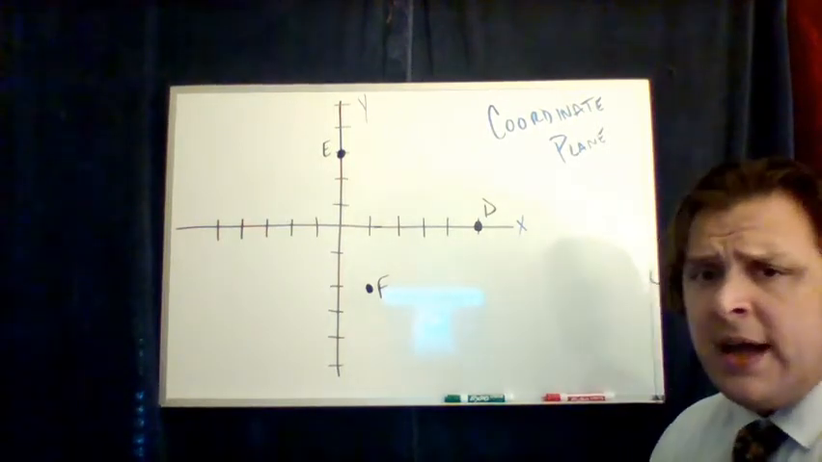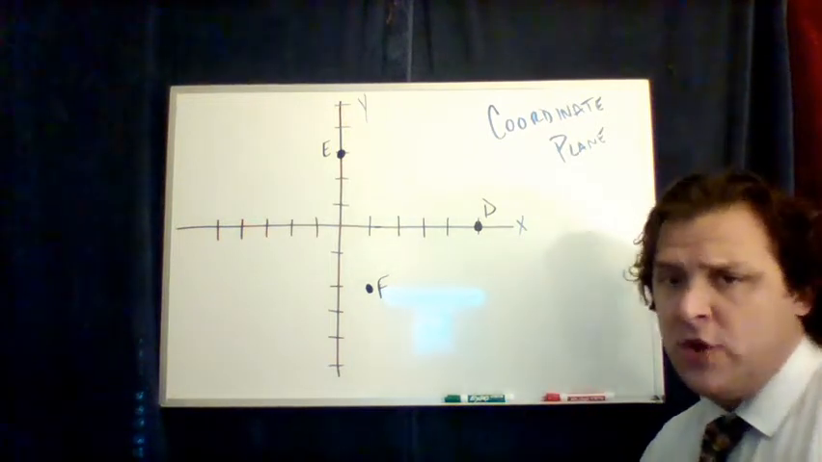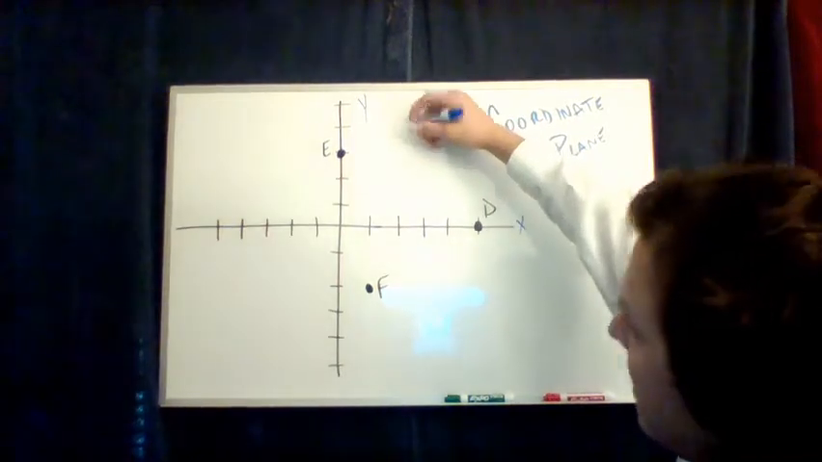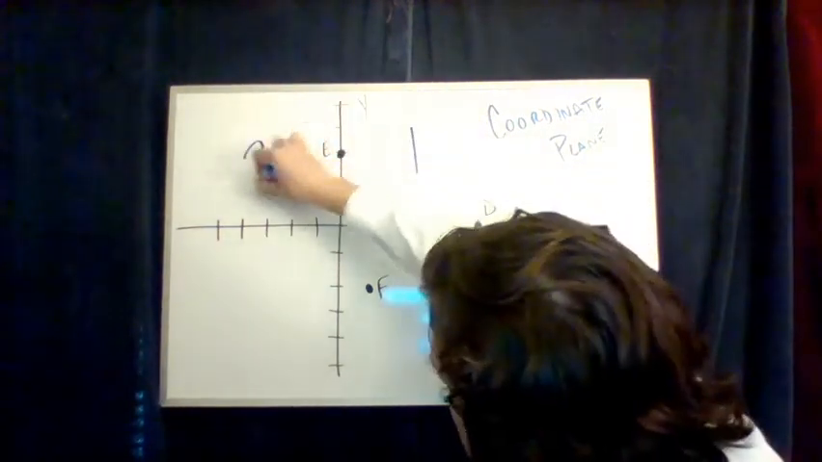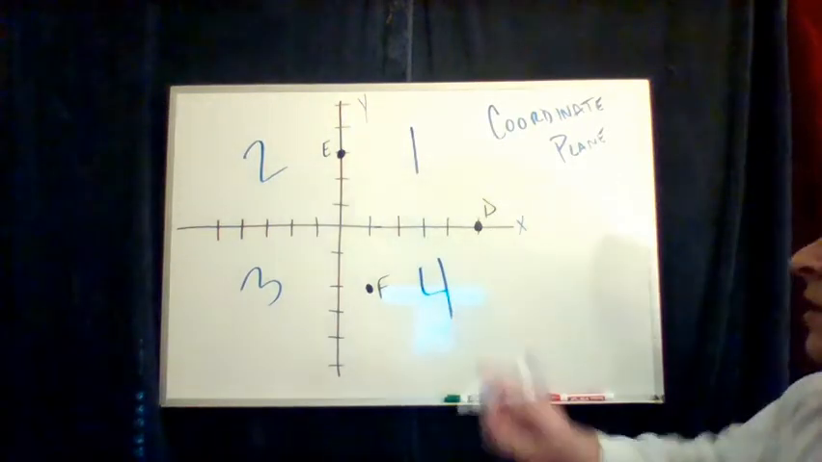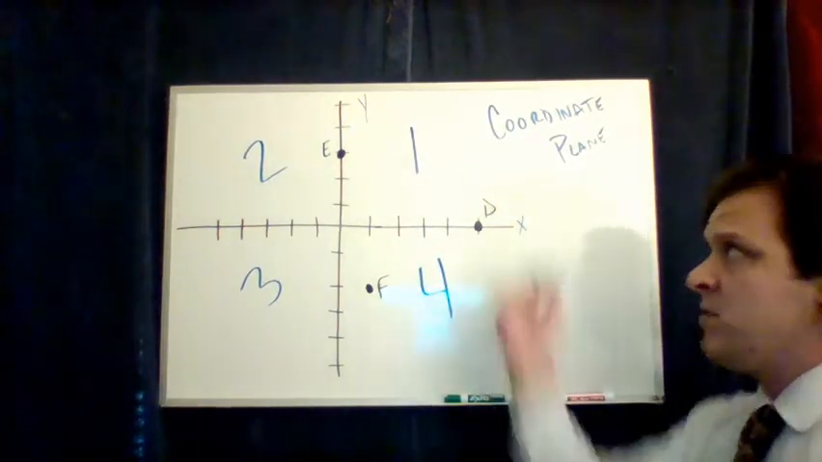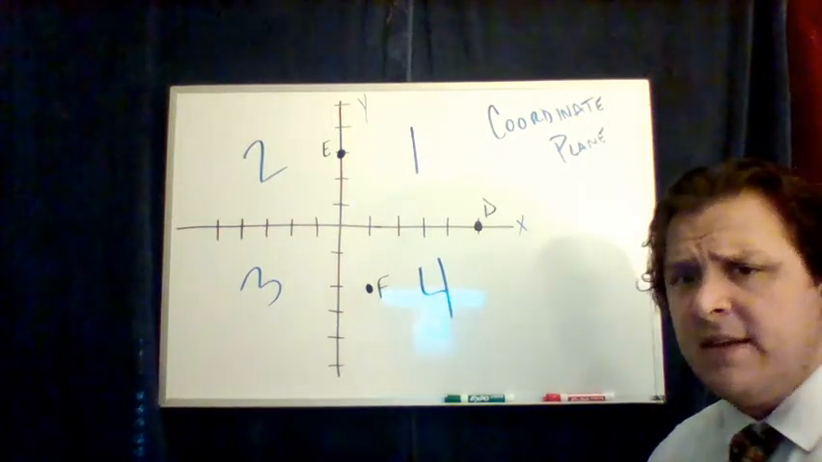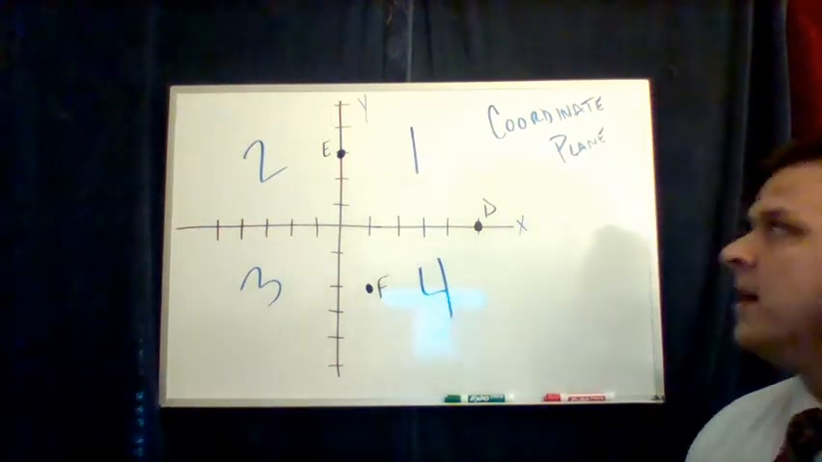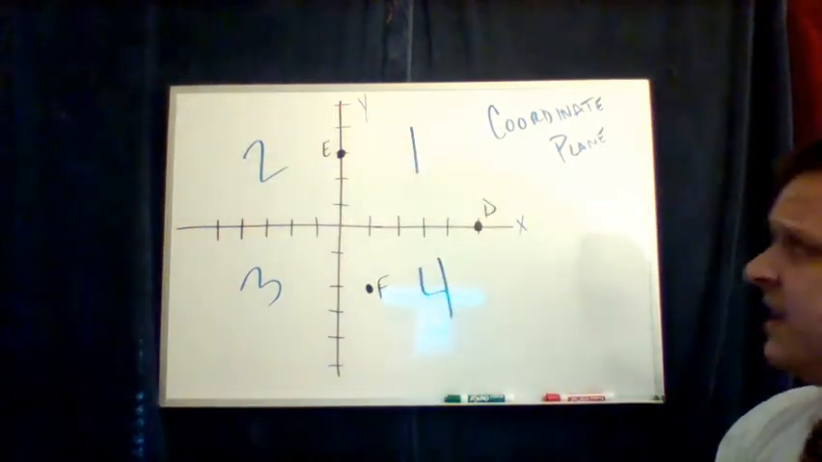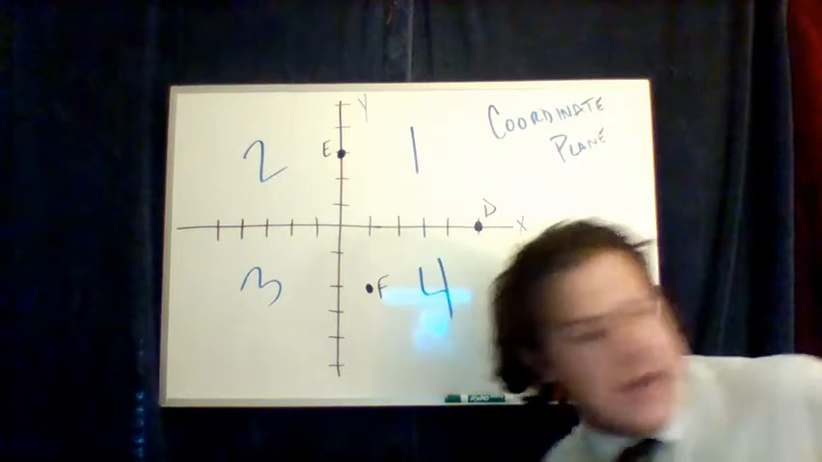All right, so we have four quadrants, right? Quad meaning four, four quadrants, four regions. We have one, two, three, and four. Okay, so the x and y axes break this into four regions, right? This should be relatively familiar to you at least. All right, so we got four regions, and my question is, what